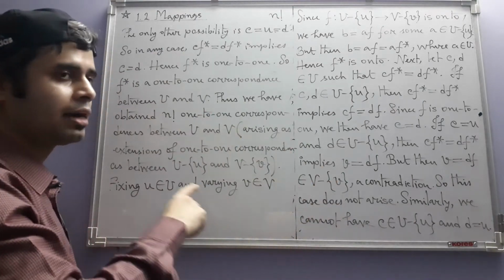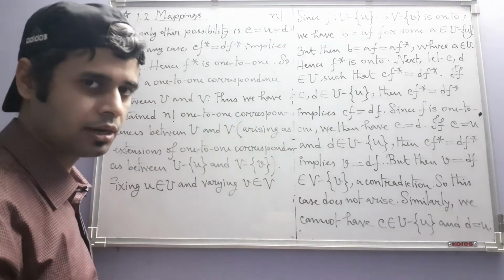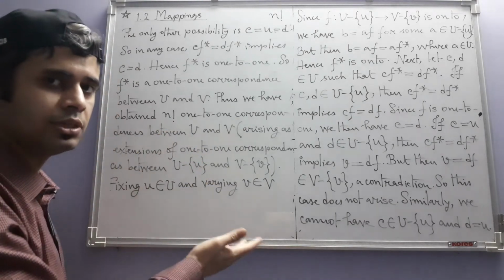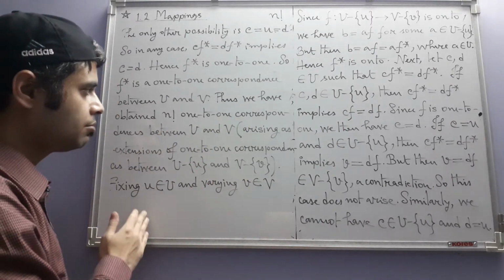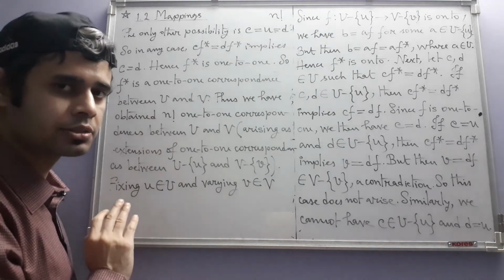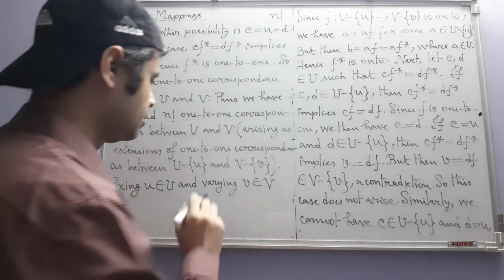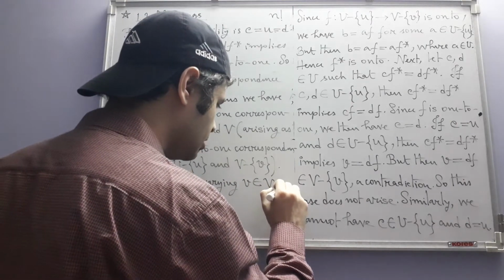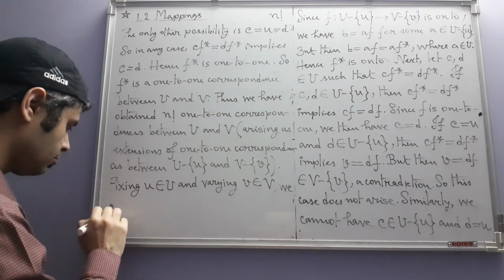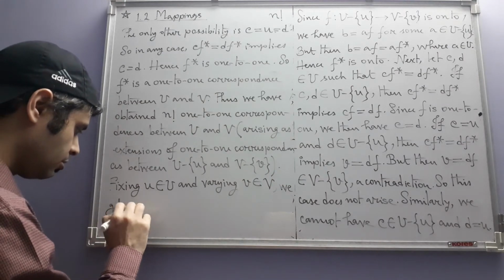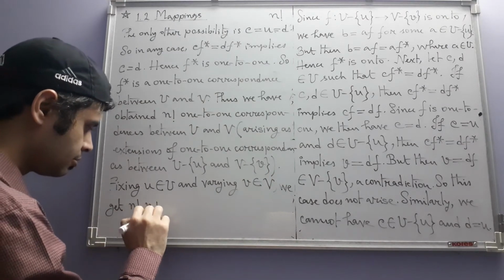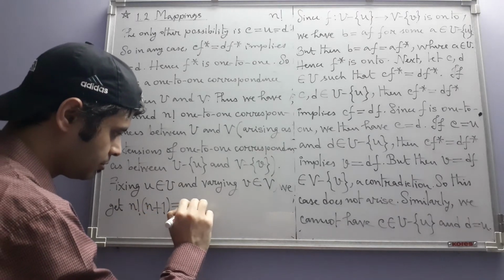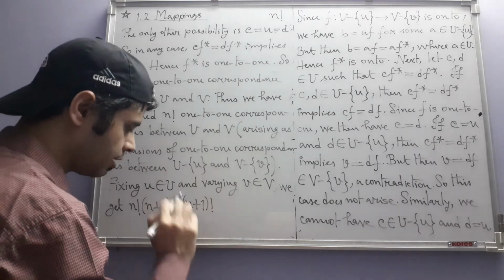For another v, I will have another n factorial one-to-one correspondences. For n plus 1 such v's, I will have n plus 1 times n factorial such one-to-one correspondences. So that's why, fixing u and varying v, we get n factorial times n plus 1, which is nothing but n plus 1 factorial